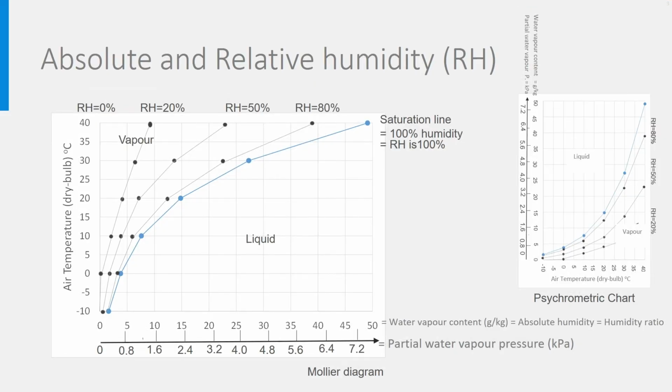In an earlier lecture, we studied a basic Mollier diagram for humid air and its flipped version, the psychrometric chart. The Mollier diagram is also a psychrometric chart, but when people talk about psychrometric charts, they generally mean the right one. In these diagrams, you could see the saturation line as a function of the absolute humidity, the partial water vapor pressure, and the air temperature. We also drew the lines of relative humidity.